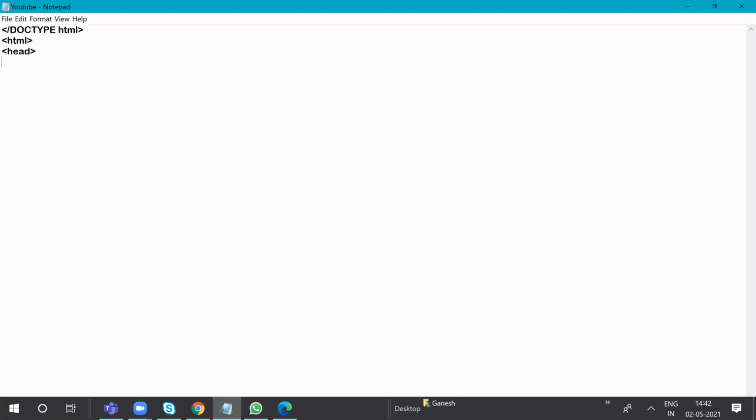One of the most basic tags that you use is title. You open the title tag and then write the page title, because today we are going to do printing: this is a heading and this is a paragraph and all.